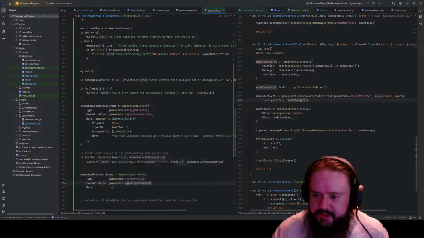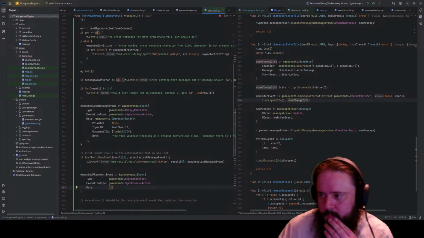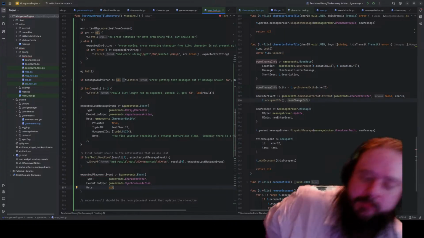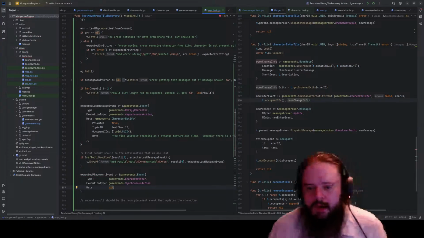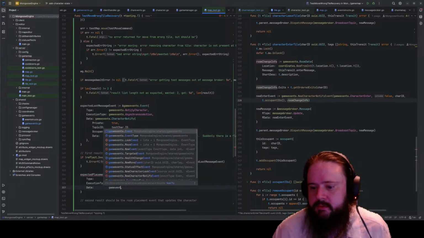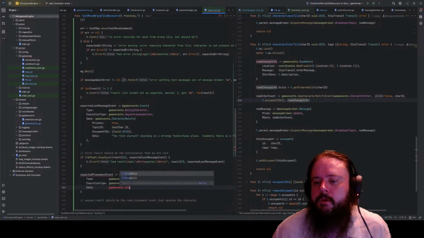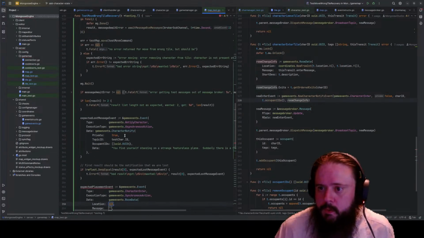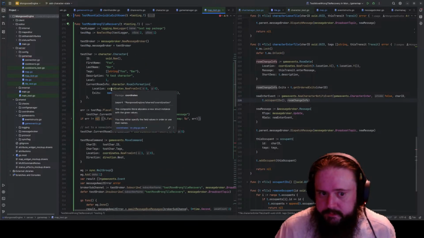This is a synchronous action, though, which is actually... Yeah, because we put it... Okay, yeah. We can put it into the message broker, so it gets queued up, so that's correct. Data is room data, fill the fields, location. So if it thinks we're at 0, 0,